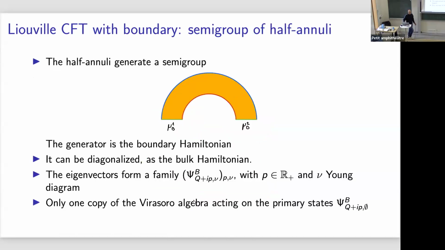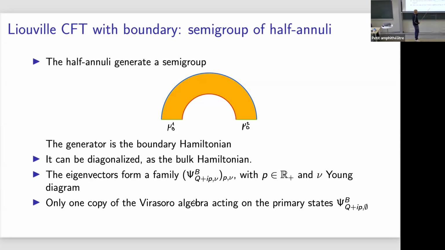Okay. So now you have still semi-groups of annuli, but there are of two types. There is always this old bulk semi-group of annuli. But for the cuts coming from the boundary, you have a new type of semi-group that is formed by these half annuli. Again, if you double this guy along the green curve, you get an annulus. So that's why we call it a half annulus. And so this guy forms a semi-group,